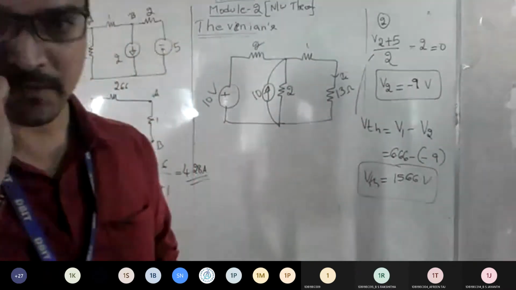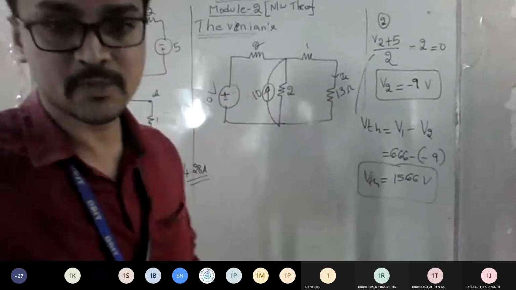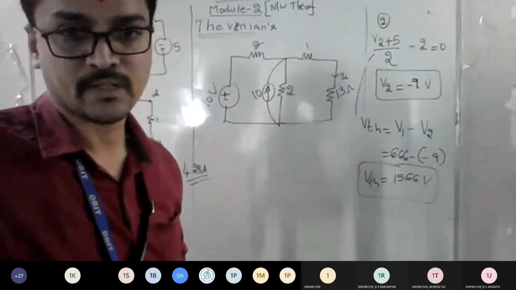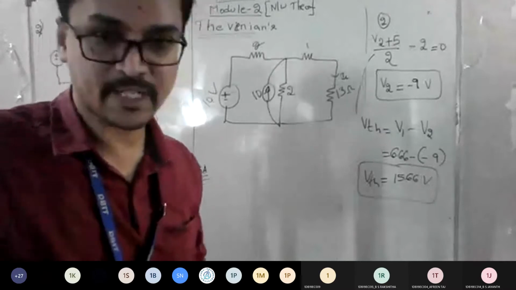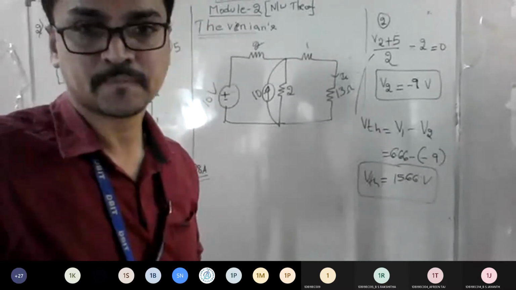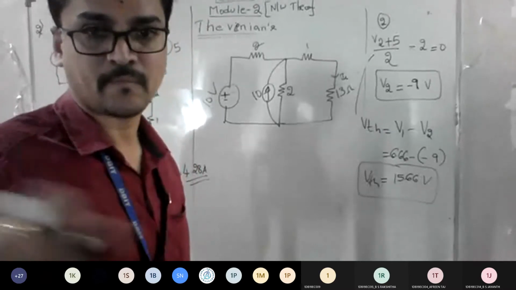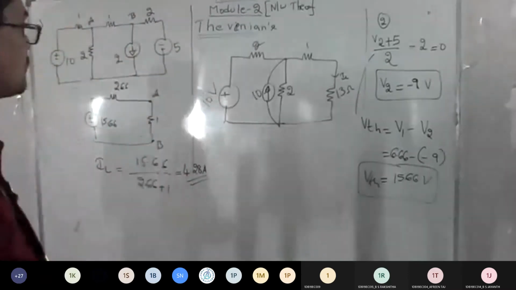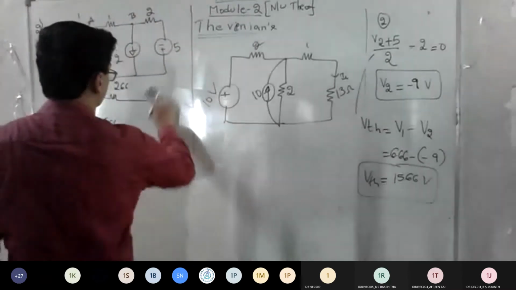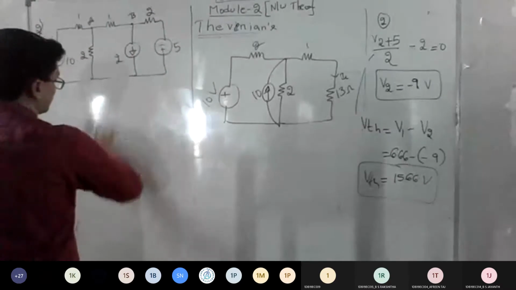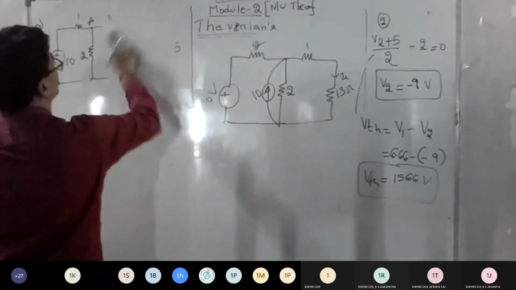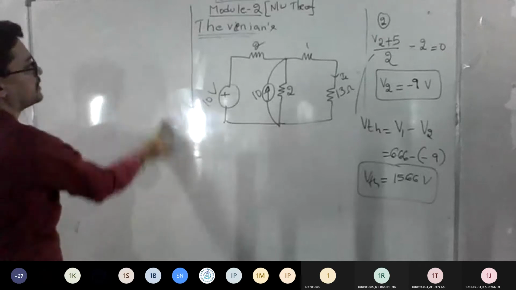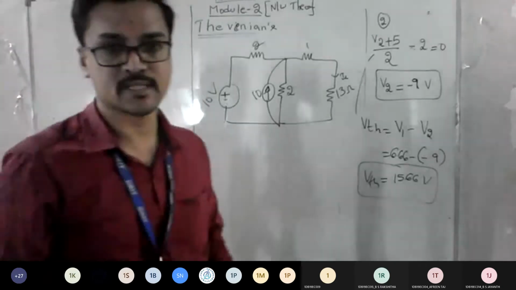Bharat, did you get the answer for the previous one? Or will anybody else solve the previous one using mesh analysis? If you're doing it, just verify and tell me later. Others, continue with the next problem. So this is the given network. At the end, they've asked one extra thing, that is, you need to find the equivalent Norton circuit also.